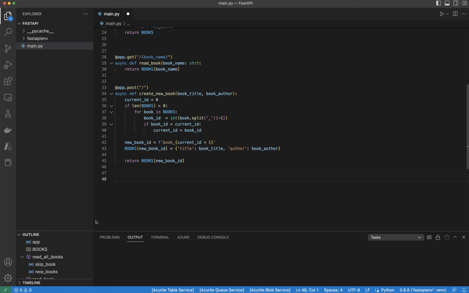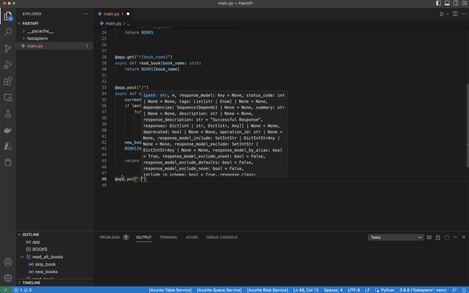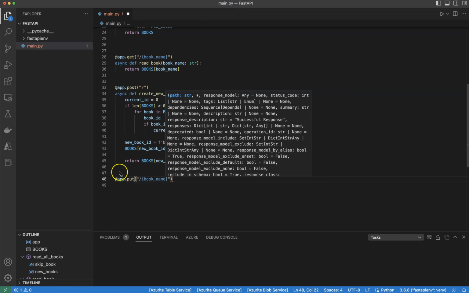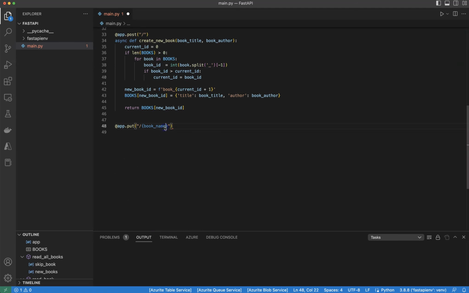Okay, so let's begin. First, I'm going to create my decorator here. It's going to be app.put, because I'm using the put request method. In here, I'm going to have my path parameter, which is going to be the name of the book, but it's actually a book ID. Book name, just to show you again, is this here. So I can just call it book ID. Okay, book ID, and down below we're going to have our async function, which is going to be update book,